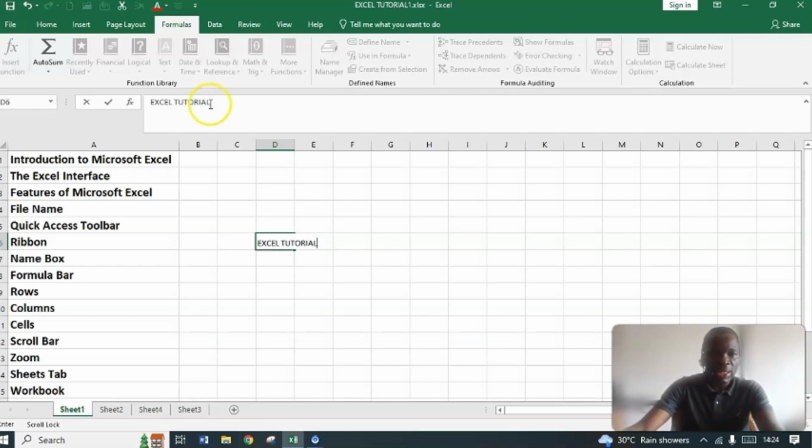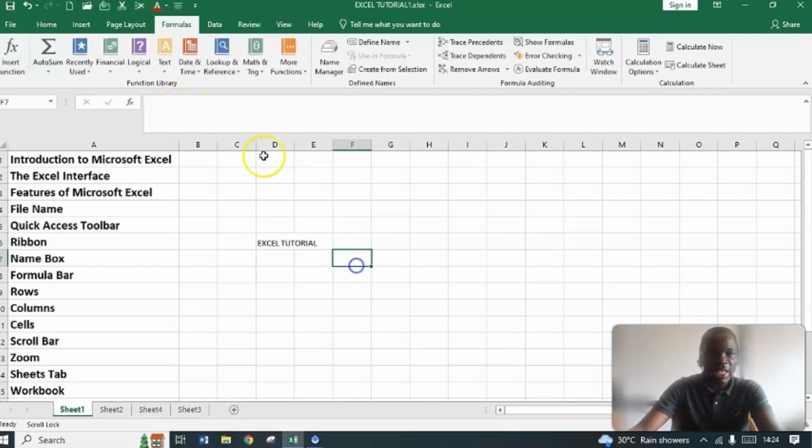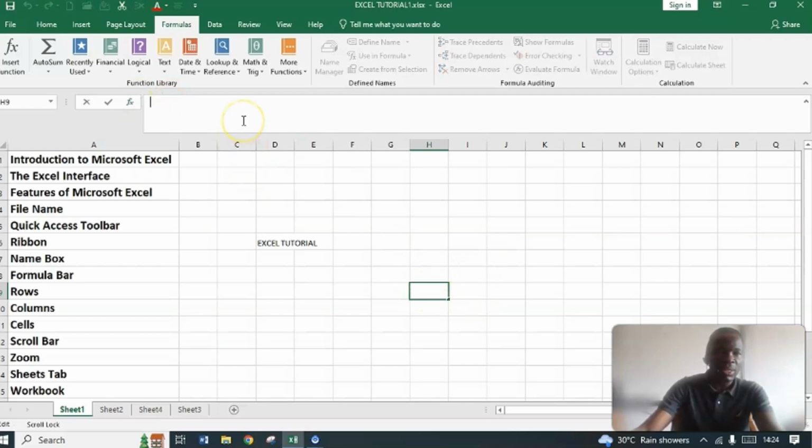So you can see that is showing in the formula bar. You can as well go to the formula bar and type, so the contents of that formula bar will equally appear in the active cell. So let's look at this. Once I click the formula bar, then I type anything. For instance, I type